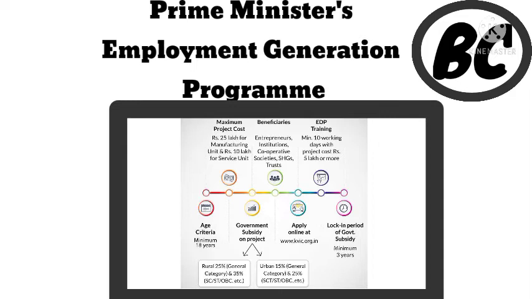Now, to avail the loan under Prime Minister's Employment Generation Program, you will have to come up with a project and a project cost. Now, let me tell you how this project cost works and how it's being funded. So let's take a look at this table. If you belong to the general category, then your own contribution should be 10% of the project cost. For example, if 100 rupees is the project cost, then 10%, that is 10 rupees, must be coming from your own pocket. And then 90% is being provided by the bank. That is, 90 rupees is being provided to you by the bank as a loan.